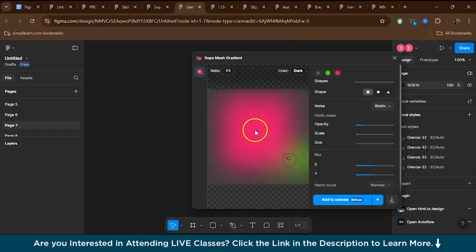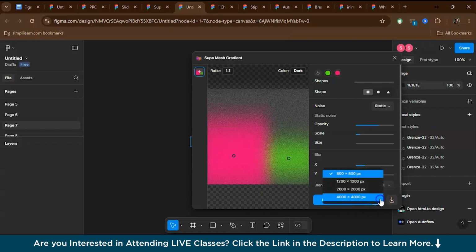And as you can see, you can just drag around the points of gradients and adjust the gradient's direction and position. And you can even add grain for that extra bit of texture. For example, if you want to increase the grain, you can just increase the opacity. Let's just keep it here. Yeah. You can change the scale. You can blur it. As you can see, as I adjust the settings here, you can see the gradient change in real time on my canvas. So you can use it for background buttons or any other design elements.